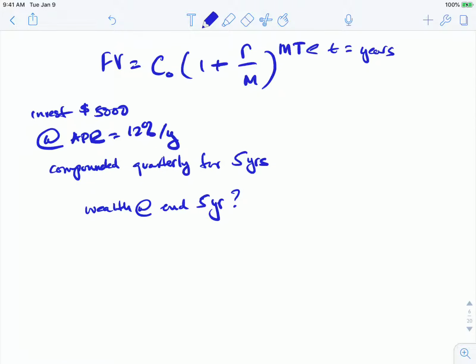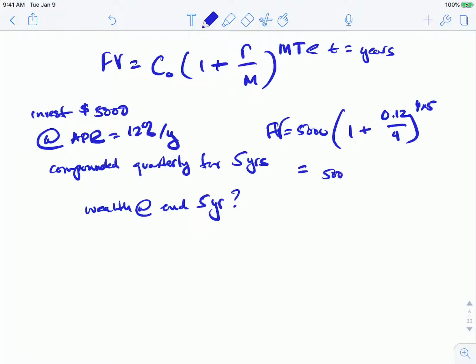So 5,000 times 1 plus, at 12% APR over 4 quarters, 4 payments, 4 times 5 years. Okay, that'll give us